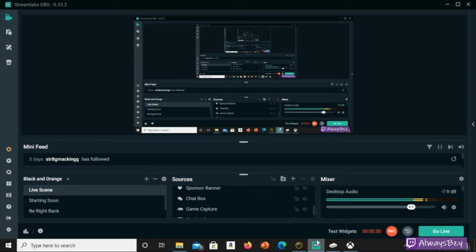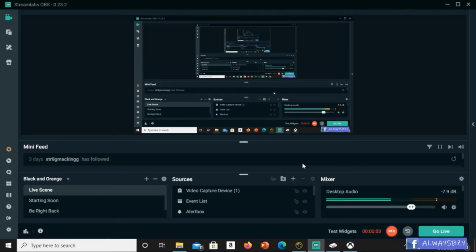And after opening Streamlabs, you won't have the same screen that I have right now. You will be prompted to sign in to the streaming platform you want to stream on, and then you'll have this window and the option to go live and add sources, but we'll get into that right now. All right, so the very next thing you want to be doing, you won't have the screen again right away. You want to add a new source,